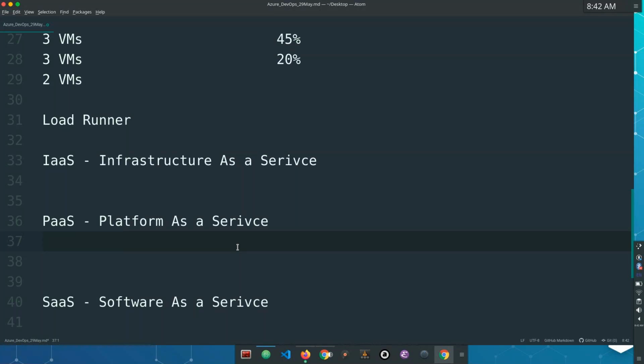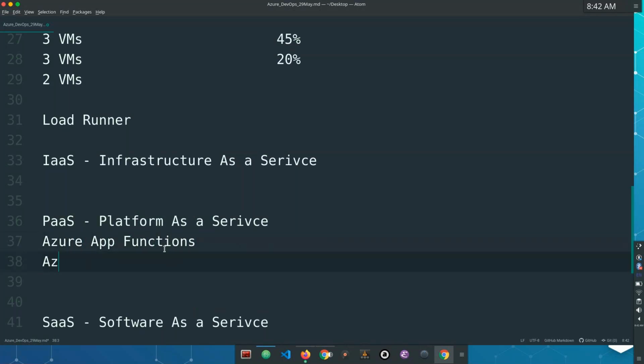So all these underlying things will be taken care of by the cloud provider. You just need to plug in your code, update your code into this platform. It will work. So some of the examples, as someone suggested, Lambda is one of the serverless things. You have Azure App Functions in Azure. Okay. You have Azure Web Functions, which is also similar to that. Okay. These are serverless components, whereas in IaaS, okay, there is